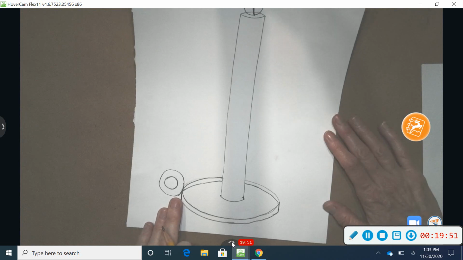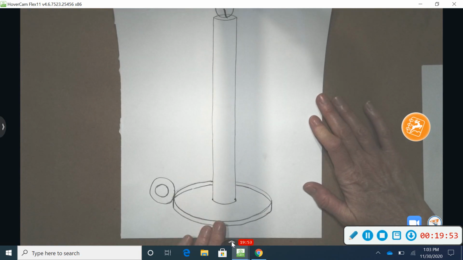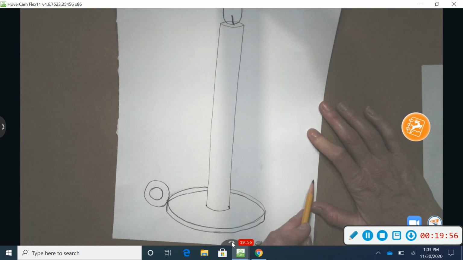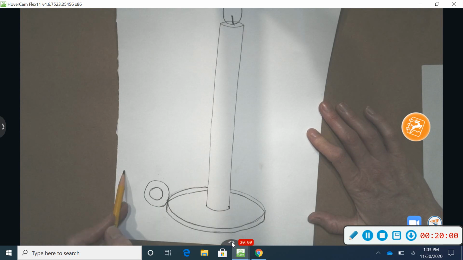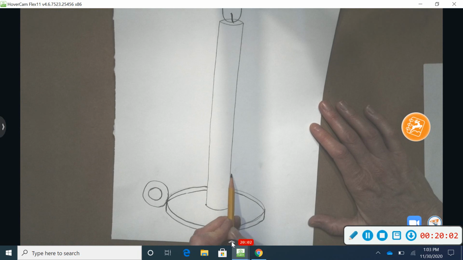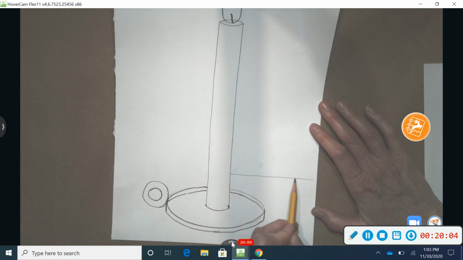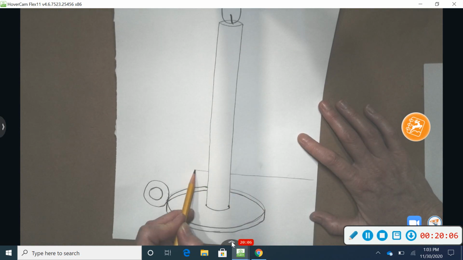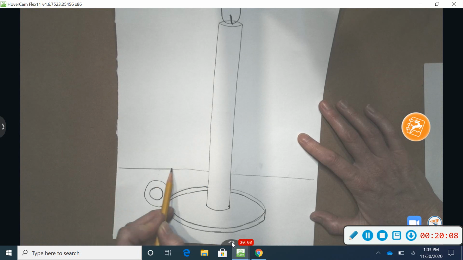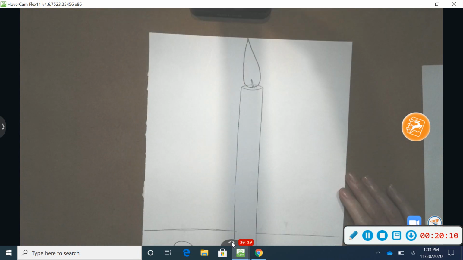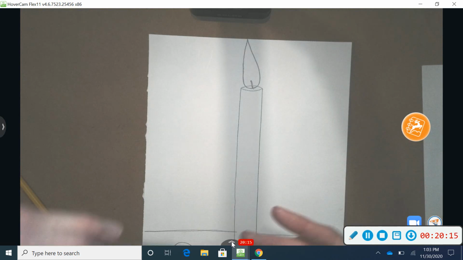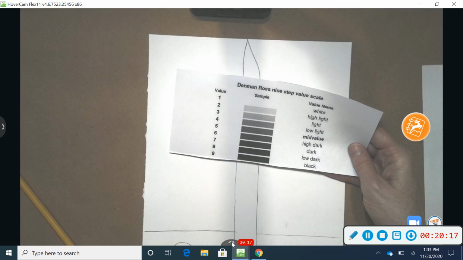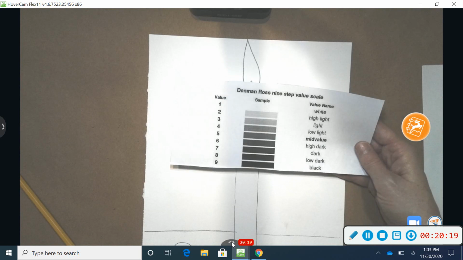Okay, so the next thing we're going to do, because we don't want our candle floating in space, about half an inch above the oval, I'm going to do a horizontal line. That's going to be the back of the table. Okay. So now we can go in and work on our value, adding some light and some dark and some